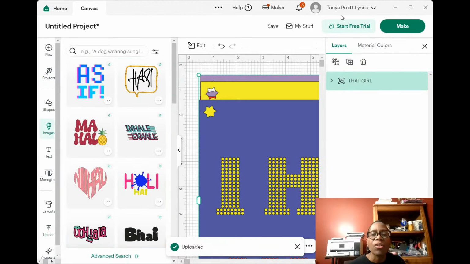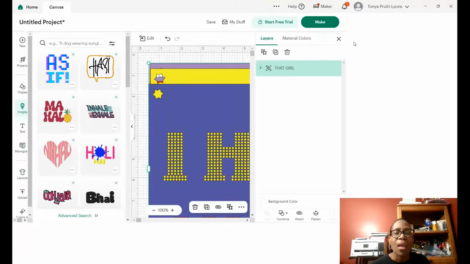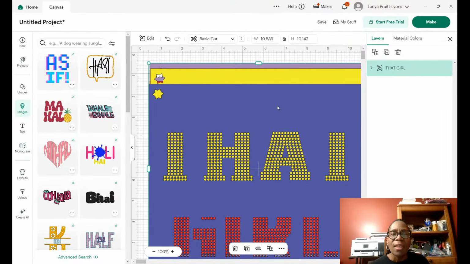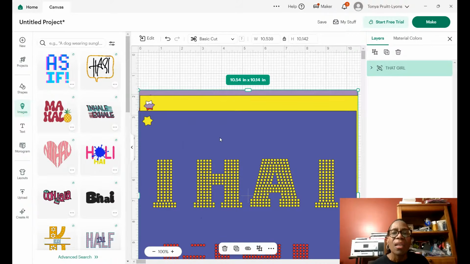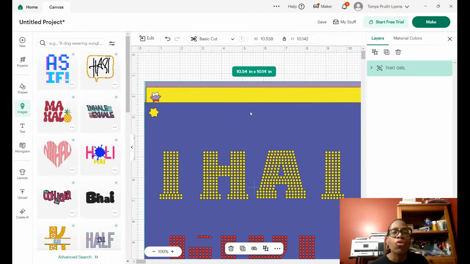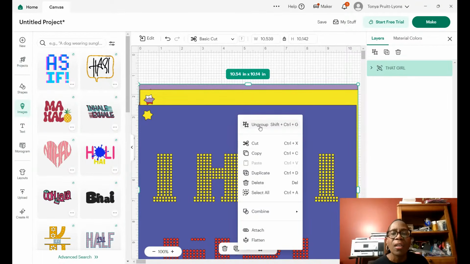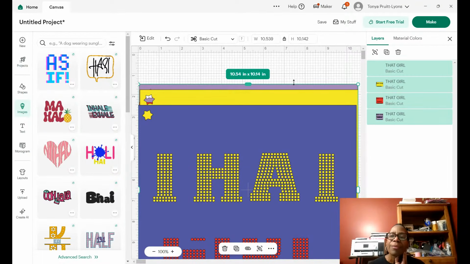Now, Cricut has been changing some things. So let's see. Right now, all of the design is grouped together. All right, so I'm going to right click and I'm going to ungroup. Okay, and you can't see it, but all of those layers are now in my layers panel here in my